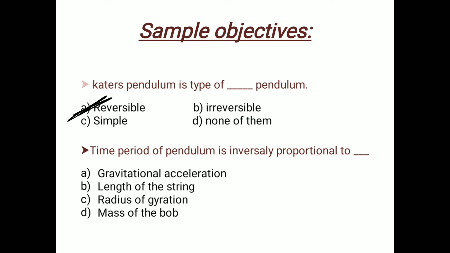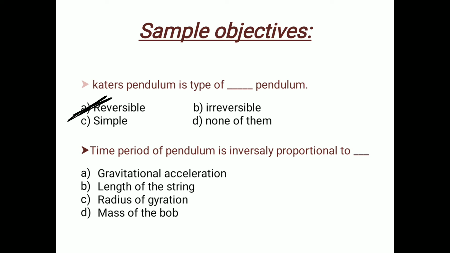So here, if you remember the formula for calculating the time period of oscillation of the pendulum, generally T is equal to 2 pi under root L upon g. Okay, this is the general formula, and there are slight changes for a compound pendulum. So the formula is T equals 2 pi under root L upon g.